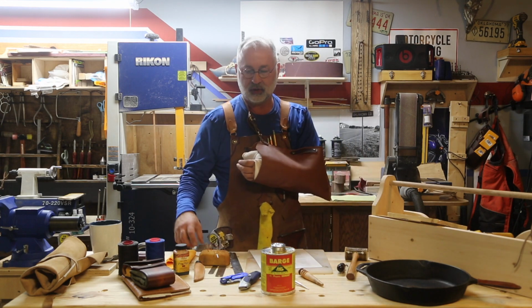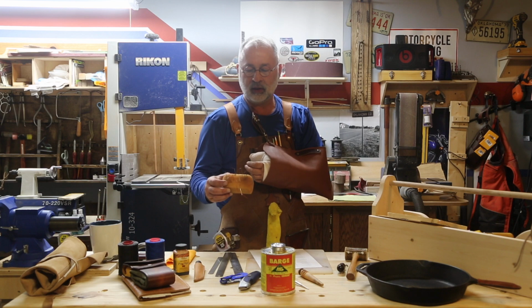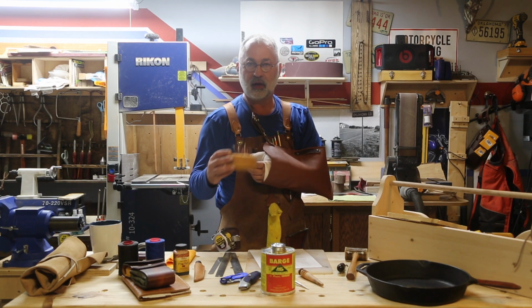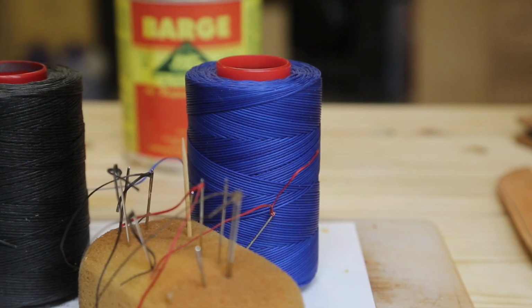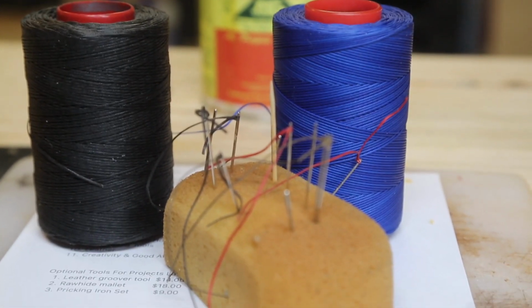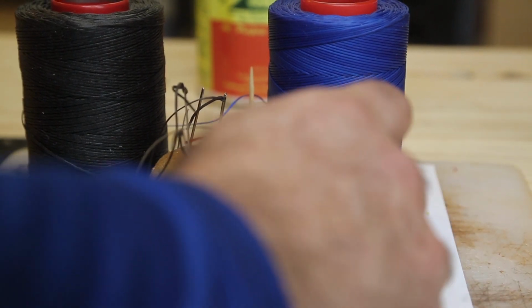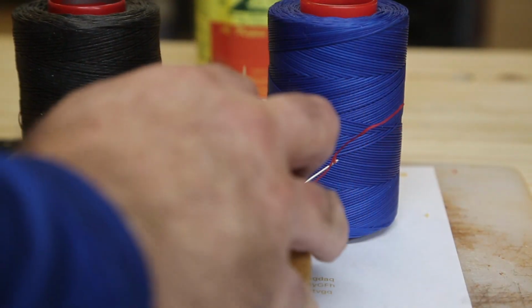Okay, so the next thing that we're going to talk about that you're going to need, and it's going to be item number 7 on the list, is going to be needles. And I'll zoom in on this so you can see it a little bit better. But as you can see, we've got several different needles in here, and depending on what we're doing, I've actually bent some of them so that you can sew into something a lot tighter. The biggest deal on these is